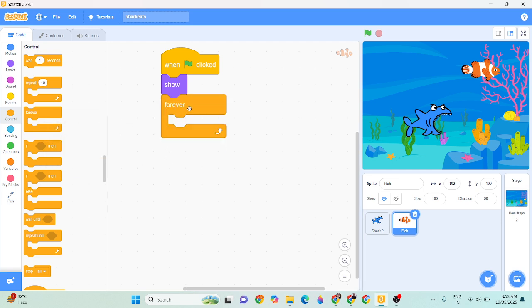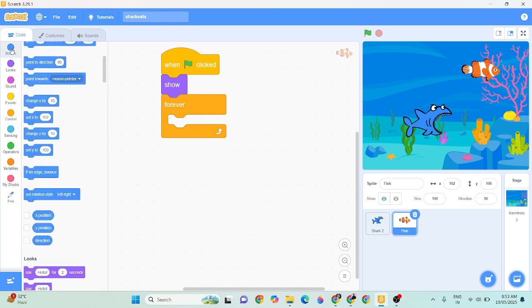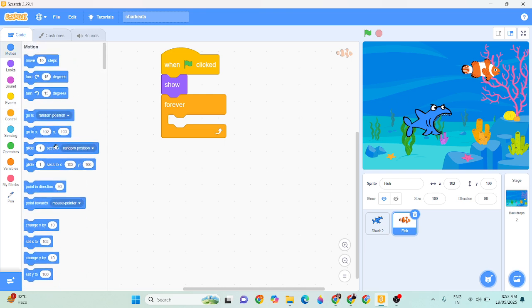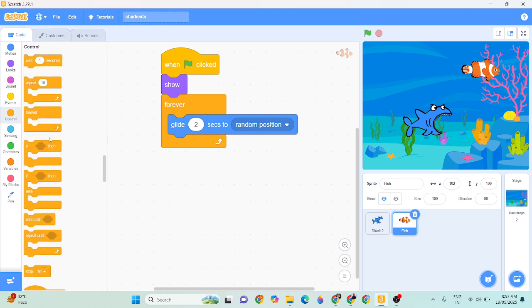And inside that, you must go to motion and find the glide 1 second to random position block, so that your fishes will be gliding in the water. Instead of making it 1, make it 2, so it will be a little slow. Then you have to go to control and use the if block